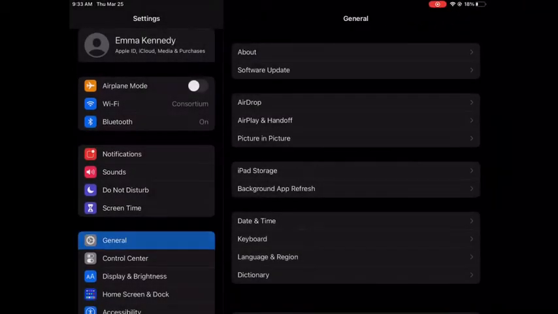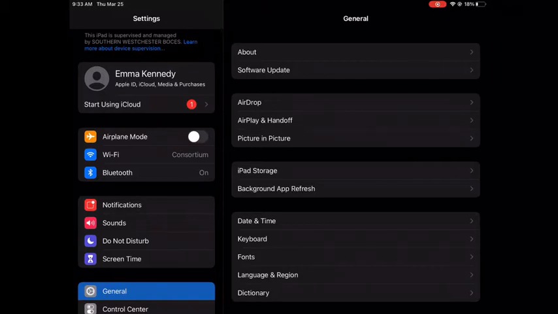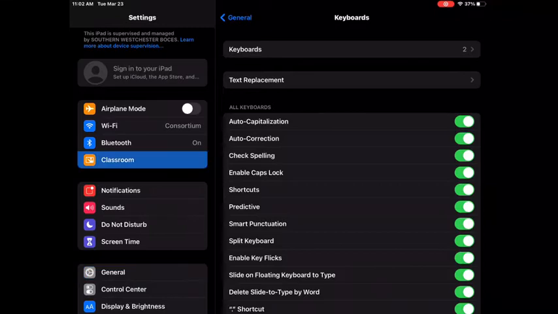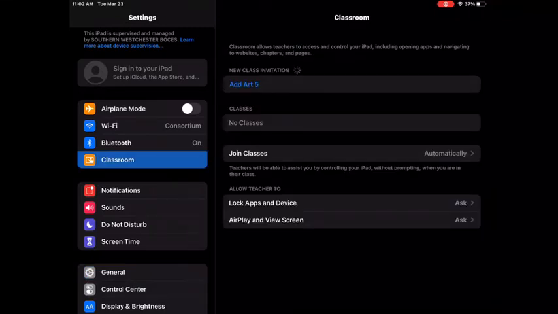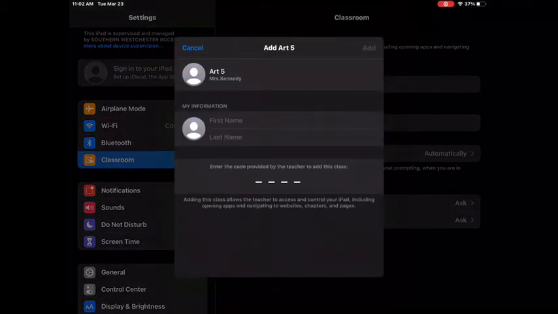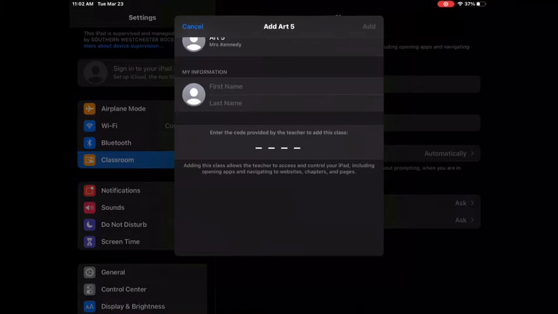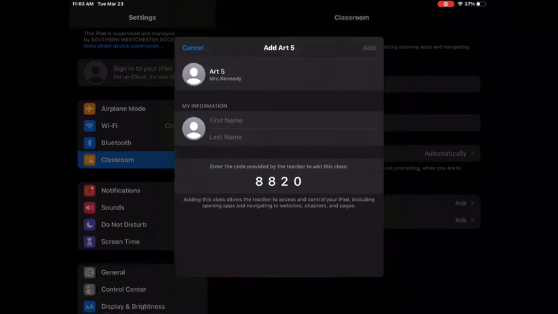Students put the code into Classroom by going into Settings. Under where it says Bluetooth, they will see Classroom, and it is already put into all of their iPads. So you see here on this student, he's going into his classroom underneath the Bluetooth. He has an invitation from me from Art, and he has 4 little dots there that he puts his code into. He enters the code, and then that will indicate to me that he is ready to be invited into